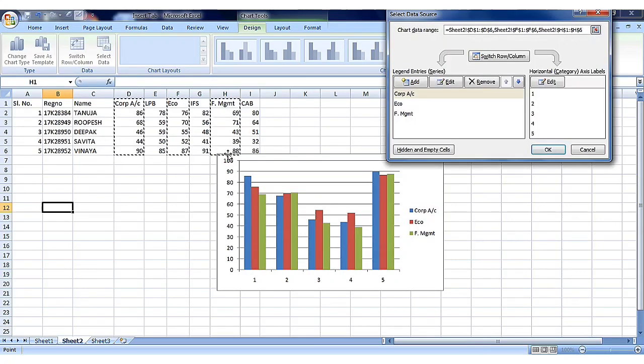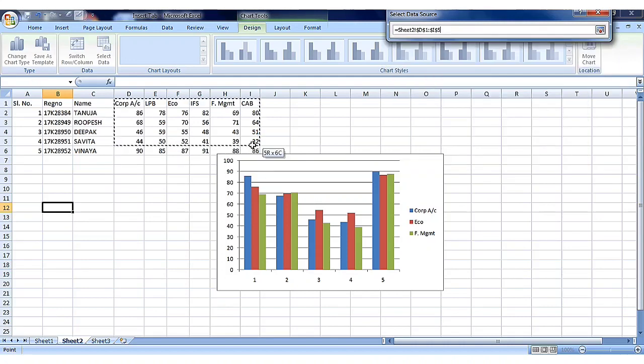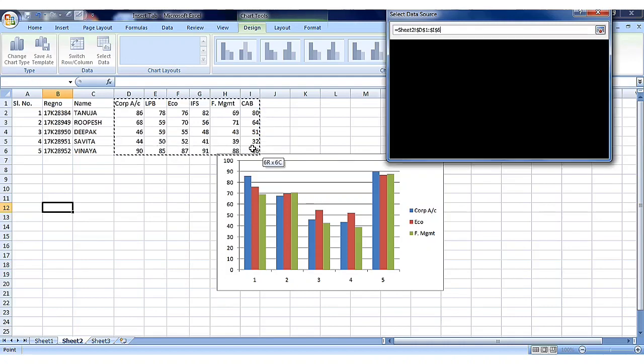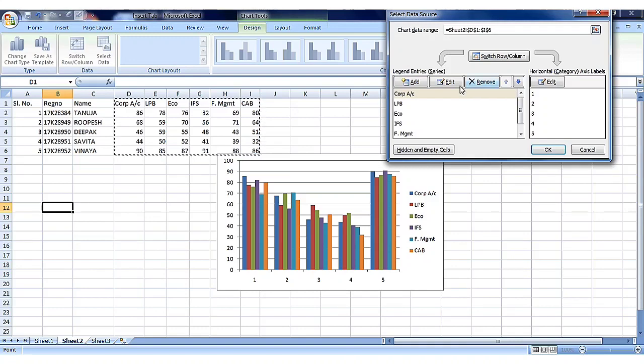This is how to select non-continuous range of cells. I will select all 6 subject marks here. Next, you can add or remove.